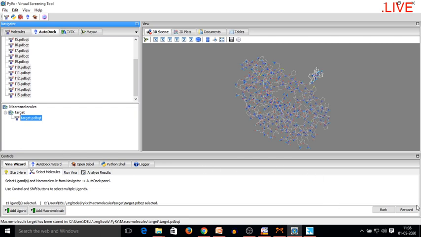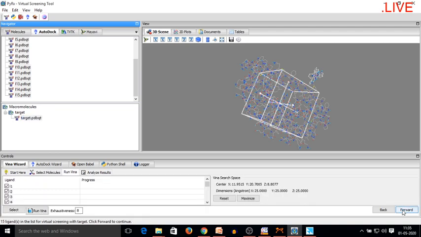Now here you can see that after selecting only, the forward button will be active in the extreme right. As it is active, I will just press forward. Now it took me to the third option, that is Run Vina. Now here you can see that a grid box is now available, and the size of that grid box